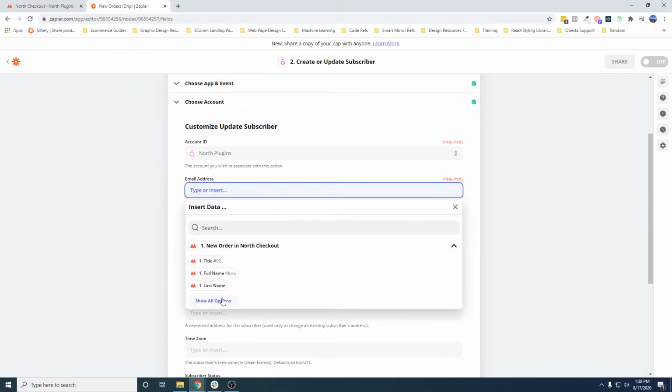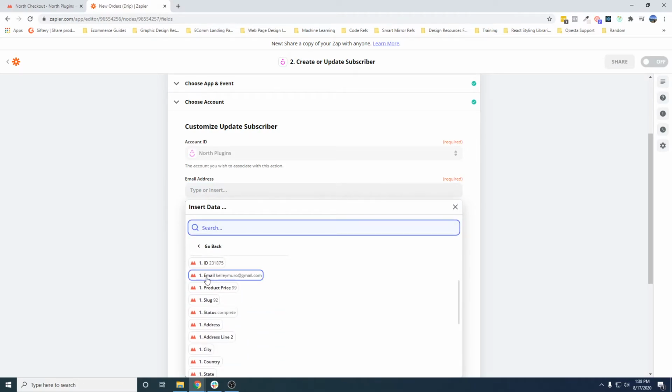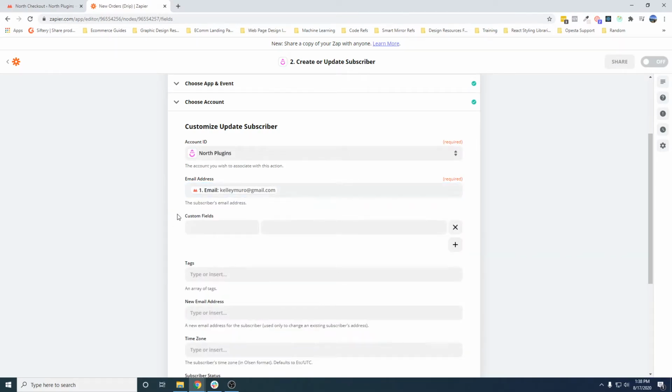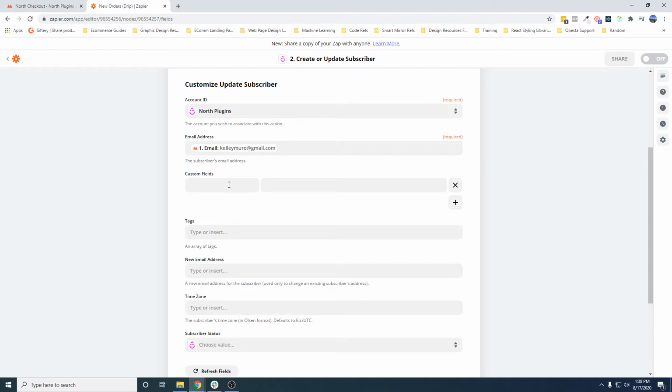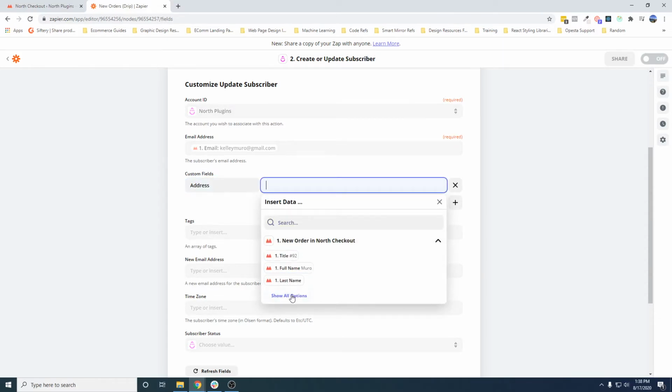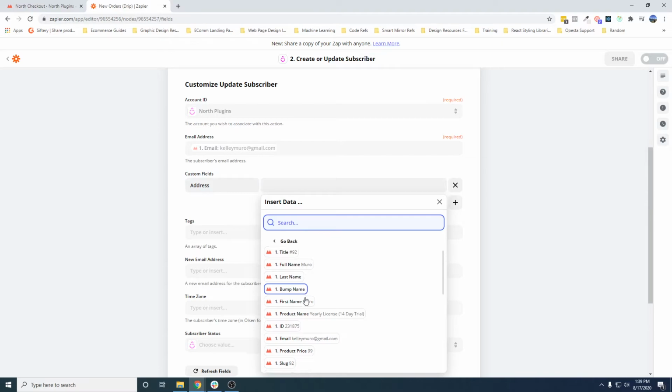So for the email address, I'm going to add email here. Any custom fields I want to add, maybe I'll put the address. So I'll just do address here. And then I want to add the address. So in this particular case, the data doesn't have an address,